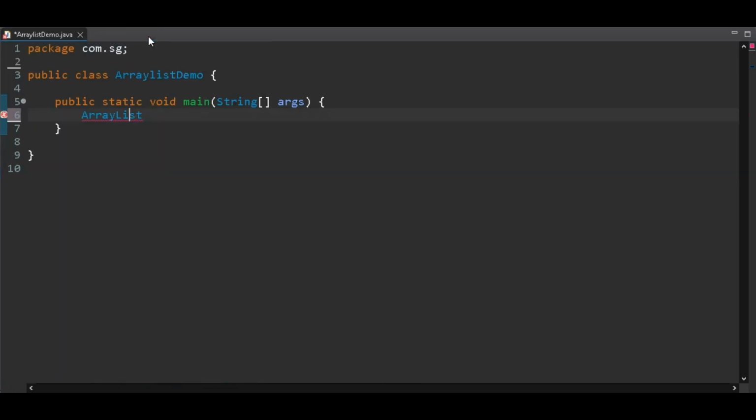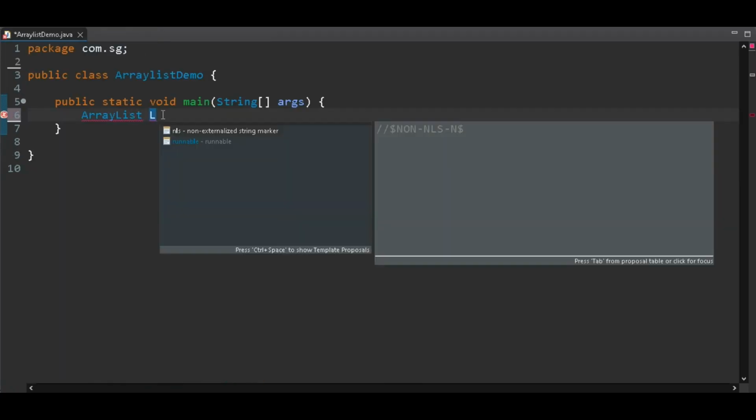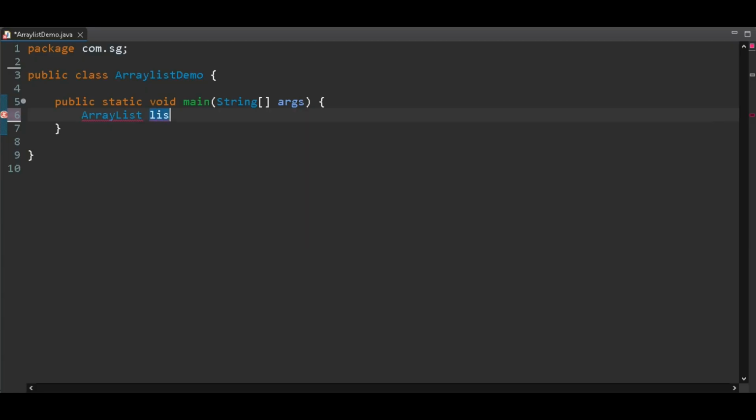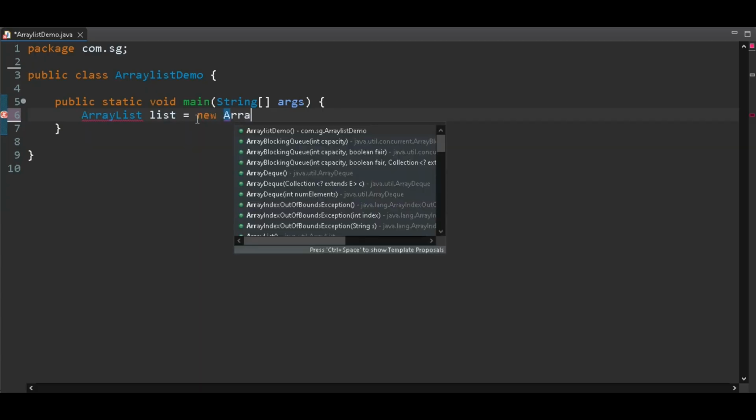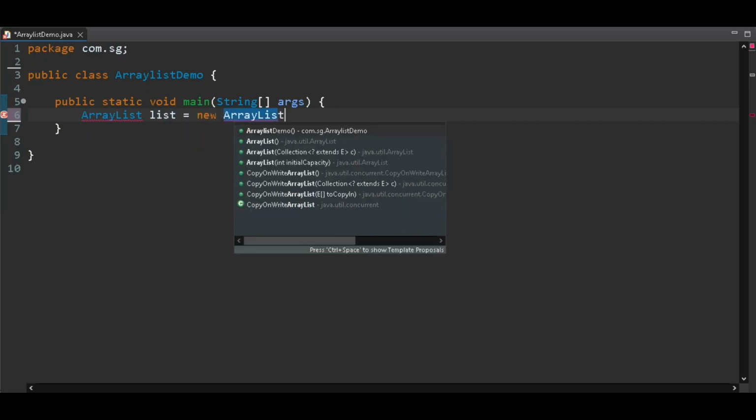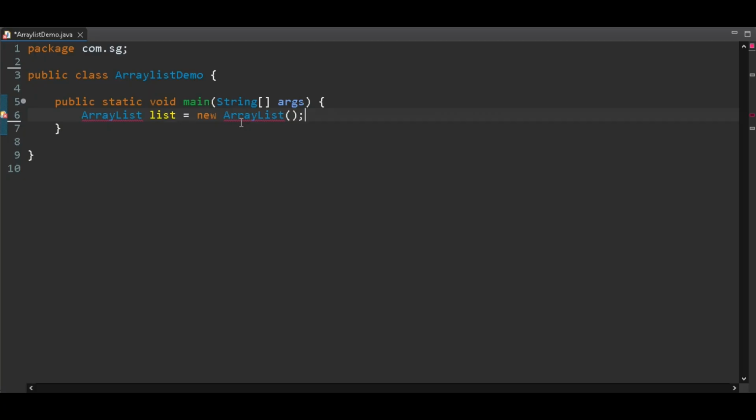Now let's create an array list reference variable, suppose list. Here list is a reference variable of array list which will be stored on stack memory. Now let's create an actual array list object using the new keyword, new ArrayList. It is showing a red line error.